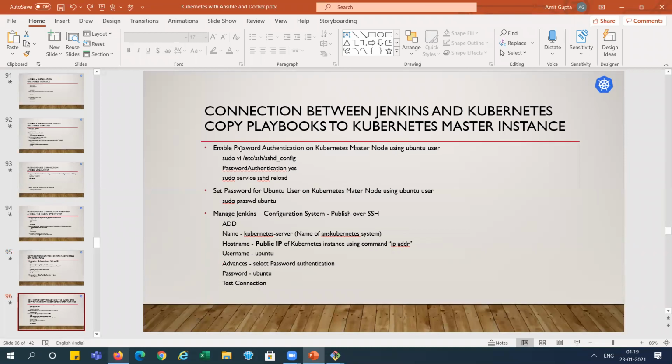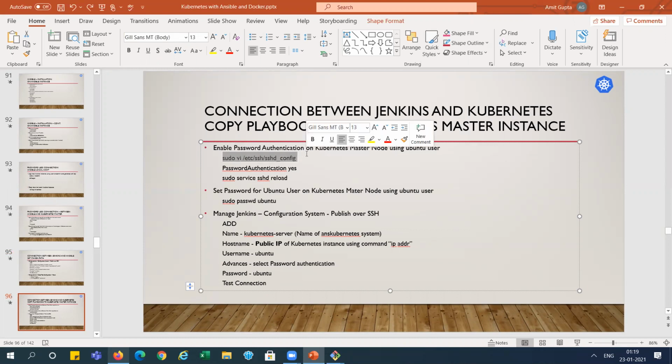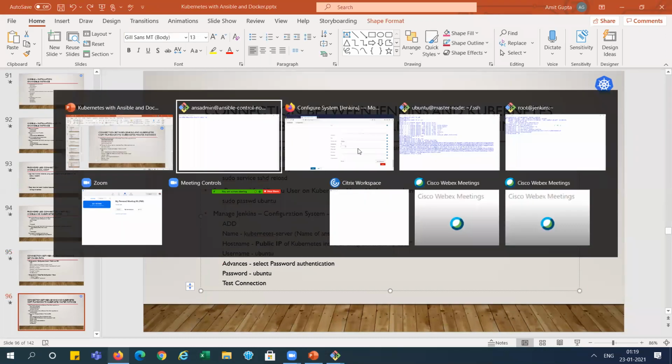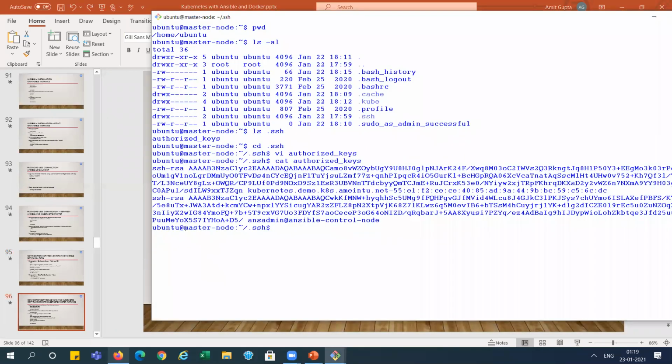So we need to enable password authentication on the Kubernetes master node. Let's check whether this is enabled or not in the master node. So how can we check? We have already connected with the master node. You can see here, this is connected with the master node, right?